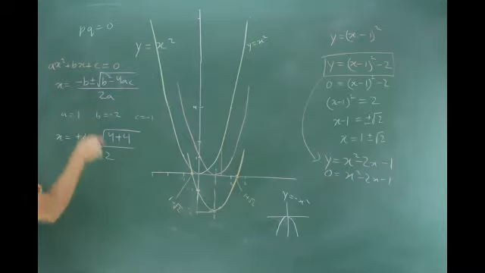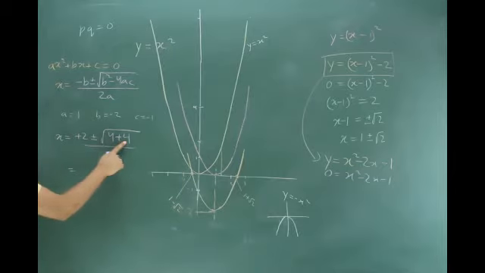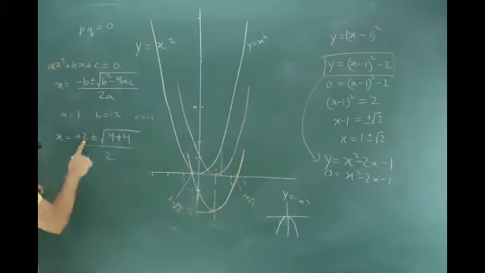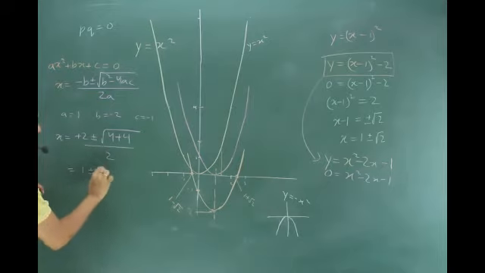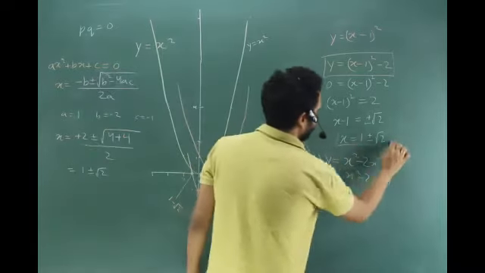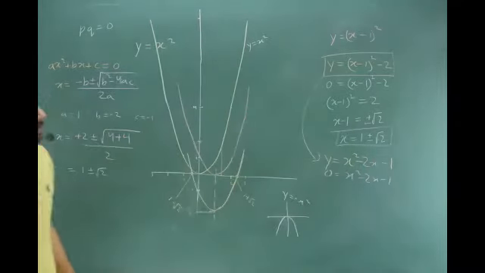I'm just doing it quickly for you. Don't have to bother about this formula because we are not going to use the formula anyhow. 4 plus 4, that is 2 times 4. If you underroot it, 4 goes outside as 2, so it becomes 2 root 2, right? 2 plus minus 2 root 2 divided by 2. So the 2's will cancel, becomes 1 plus minus root 2. Get the point? Which we got, right? Is that clear?